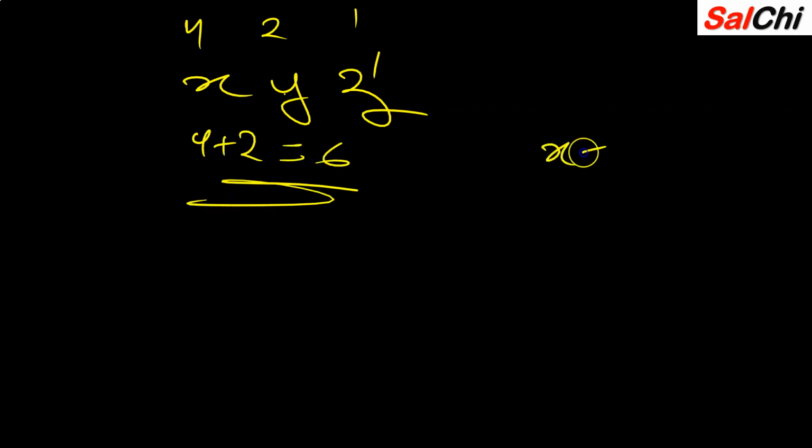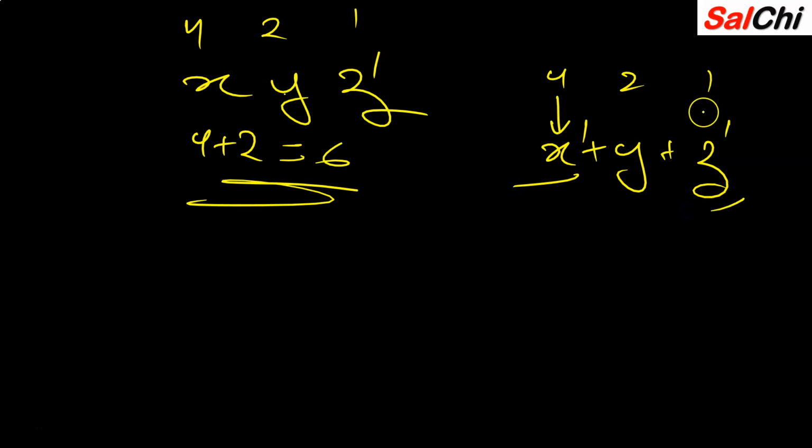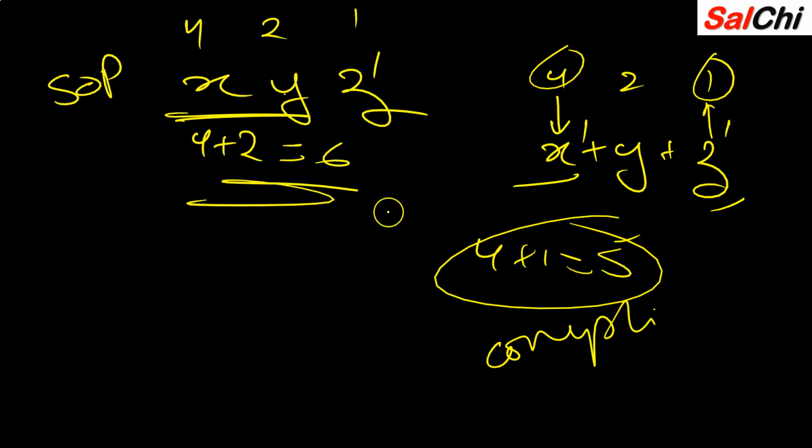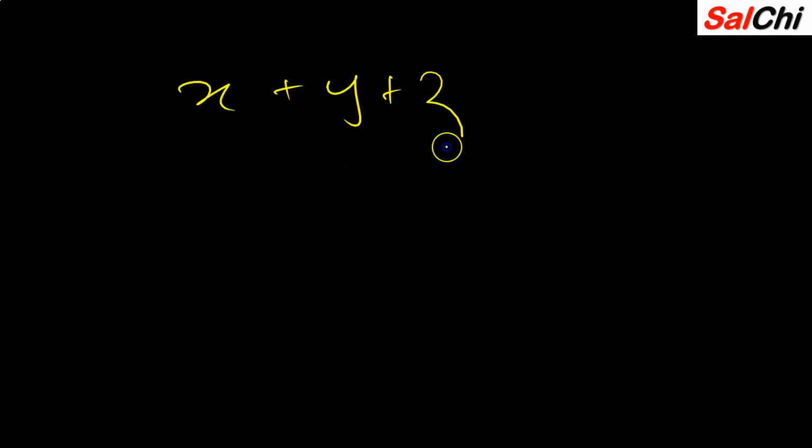But in the POS, that is X plus Y plus Z, and it had X complement here, so 4 to 1, the digits go like this. We add the complement ones only. Let's say X and Z are complement. So we look at who is the complement: X complement and Z complement. So we see their digits. What is it? 1 and 4. Just add 1 and 4, so it is 5. In the SOP we were doing the sum of the non-complements; here we have to do the sum of the complemented ones. I hope you got my point now. So let's say if it is X plus Y plus Z, you will say, ma'am, here is no complement. Because when you give the numbering, it is 1, 2, 4 and then 8 and then 16, and so on.